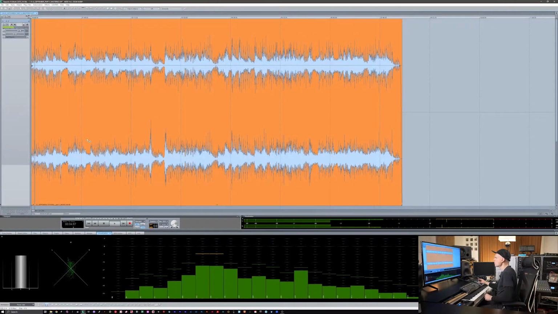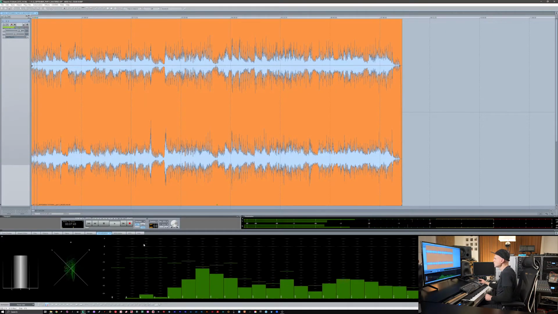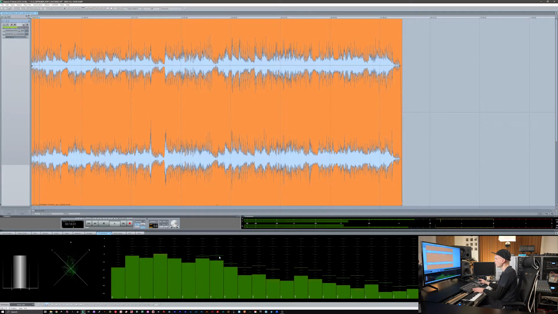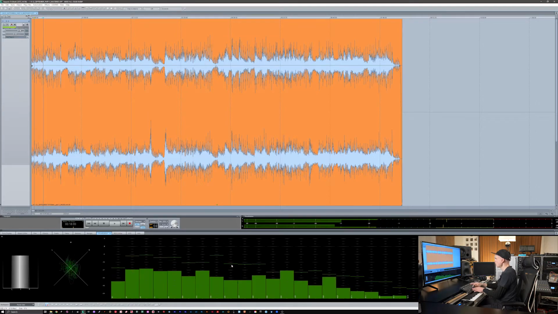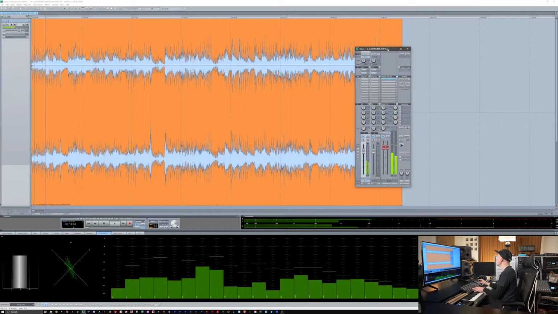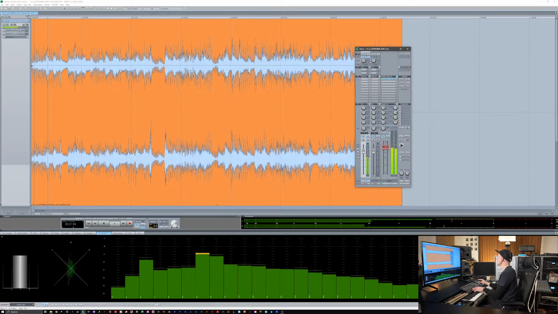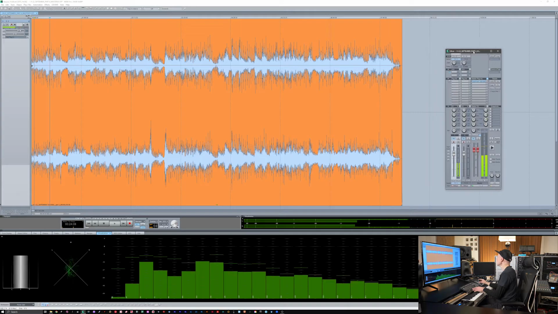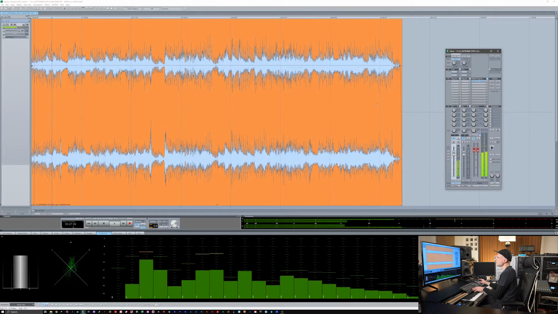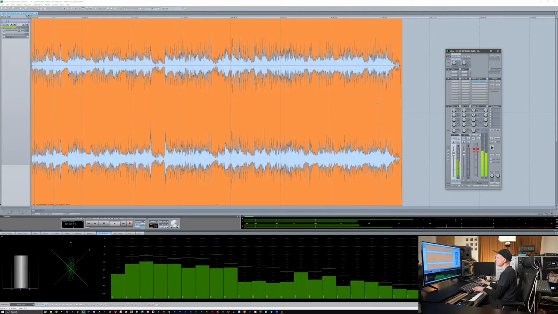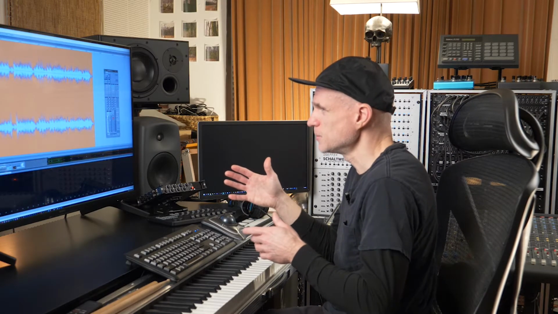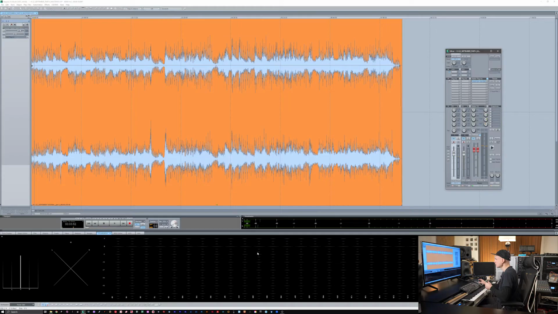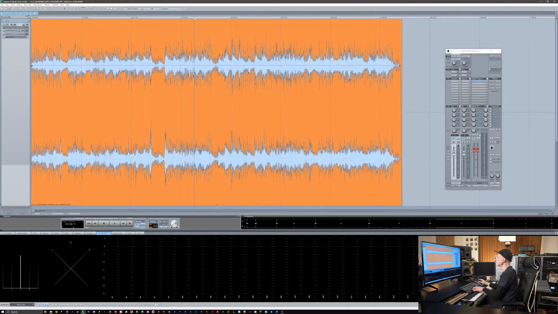But we can see here, if we go to our visualization, you can see that there's a lot of dynamics in the track. If we look on our meters here, you can see that at the height of the track, which is probably around here,